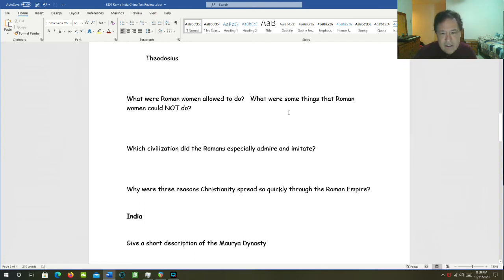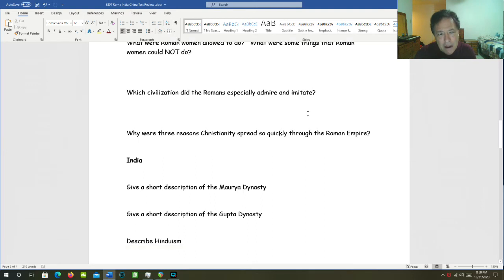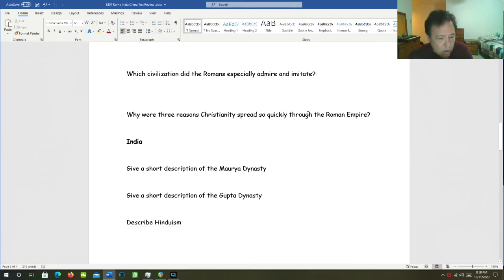So what civilization did the Romans especially admire and imitate? Well, that would be the Greek civilization, which we said before. For all those reasons, they admired their philosophy and their art, their literature, their history, their achievements. They thought the Greeks were the best. But we also can't forget another people that they owed a lot of influence to, and that was their immediate predecessors, the Etruscans, who occupied basically the territory that the Romans came to occupy.